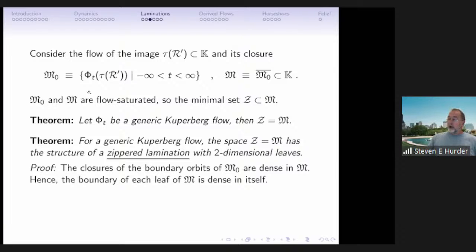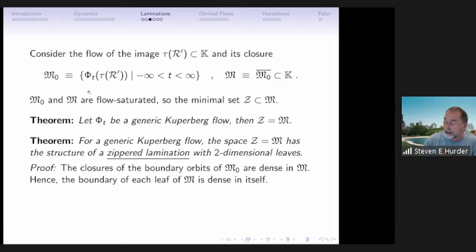And so the question was, if you want to show the minimal set has some property, you could try to show, see, this is sort of like looking at a flow on a torus of irrational rotation. You close the flow on a torus with irrational rotation and you get the torus. Is there a Denjoy theory for these flows? That's one nice way to put it. But what we end up proving with a bunch of delicate estimates is indeed, for generic, they're equal.